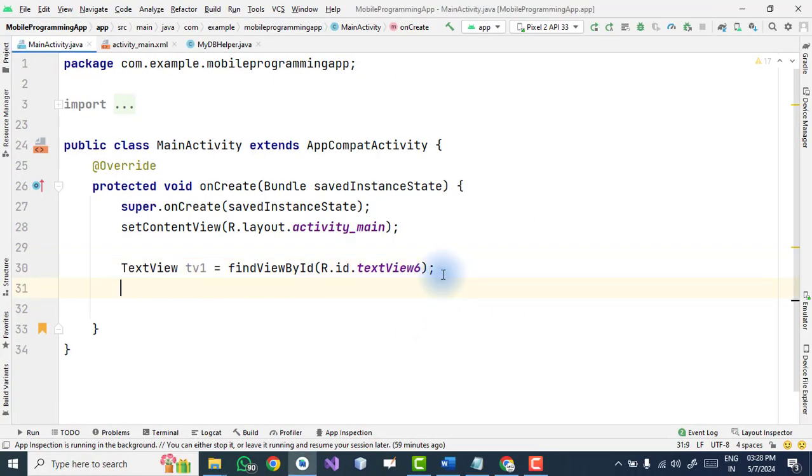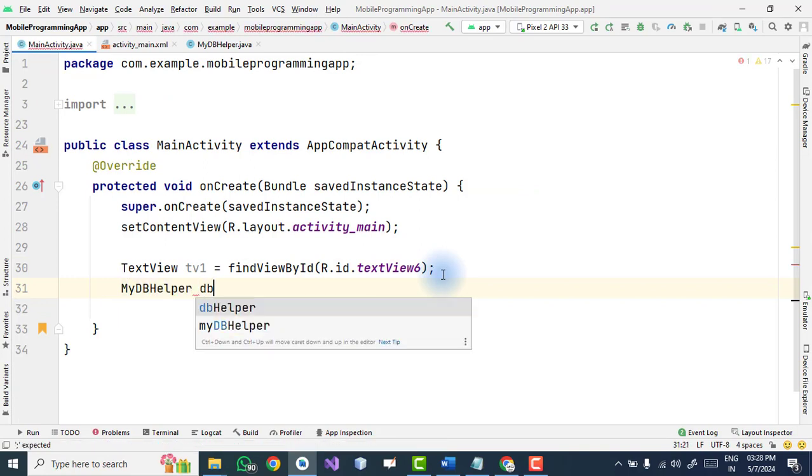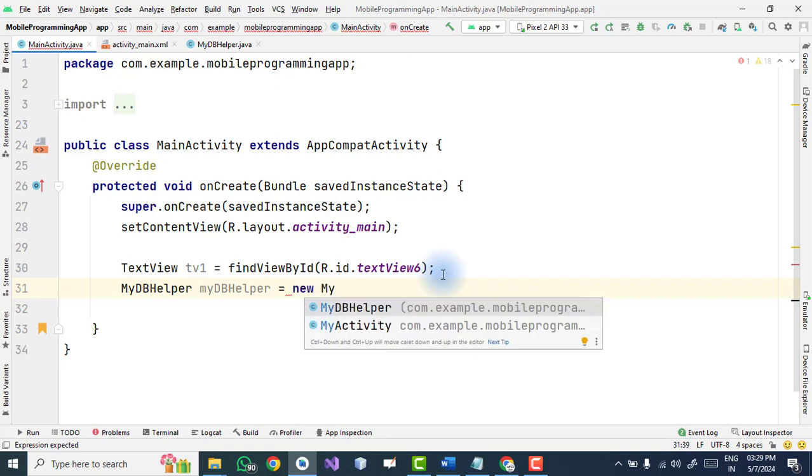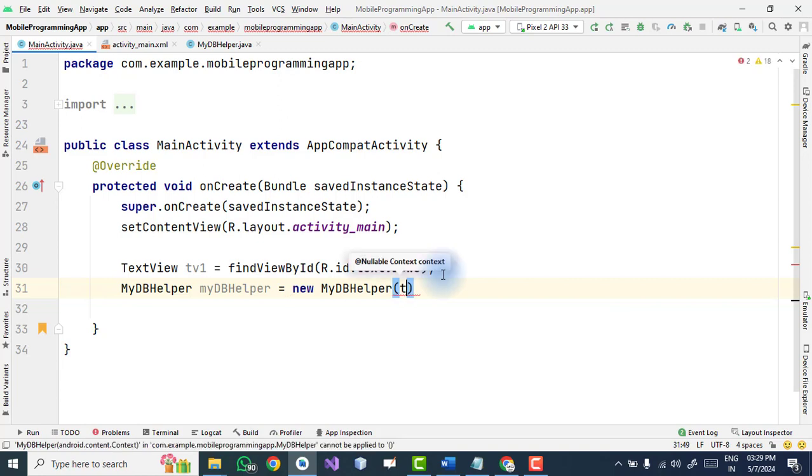Next we create an object of my DB helper: MyDBHelper myDBHelper equals new MyDBHelper, and within brackets we write this.